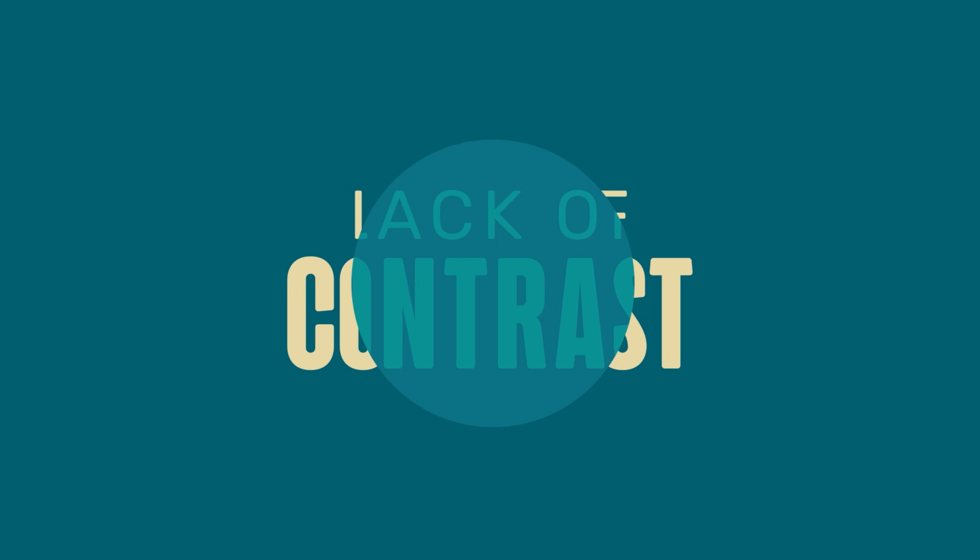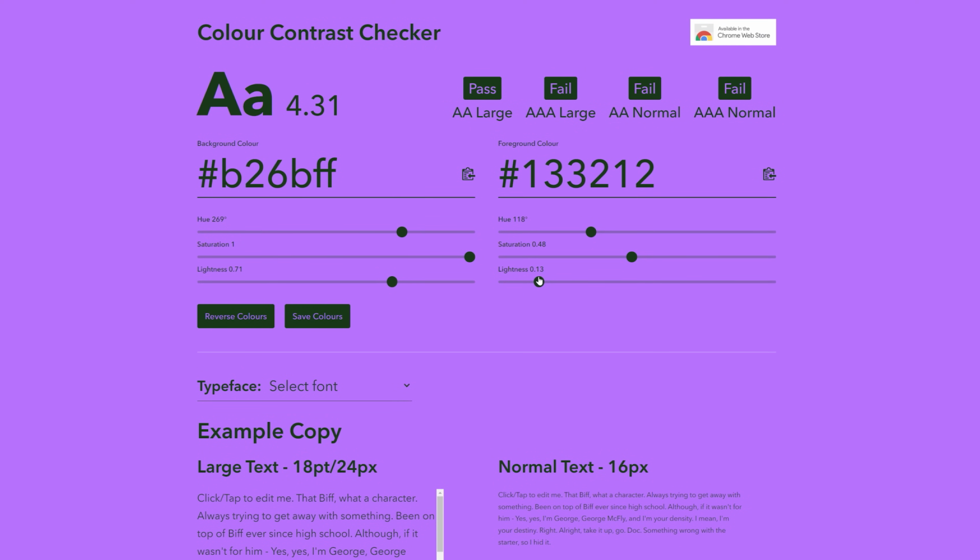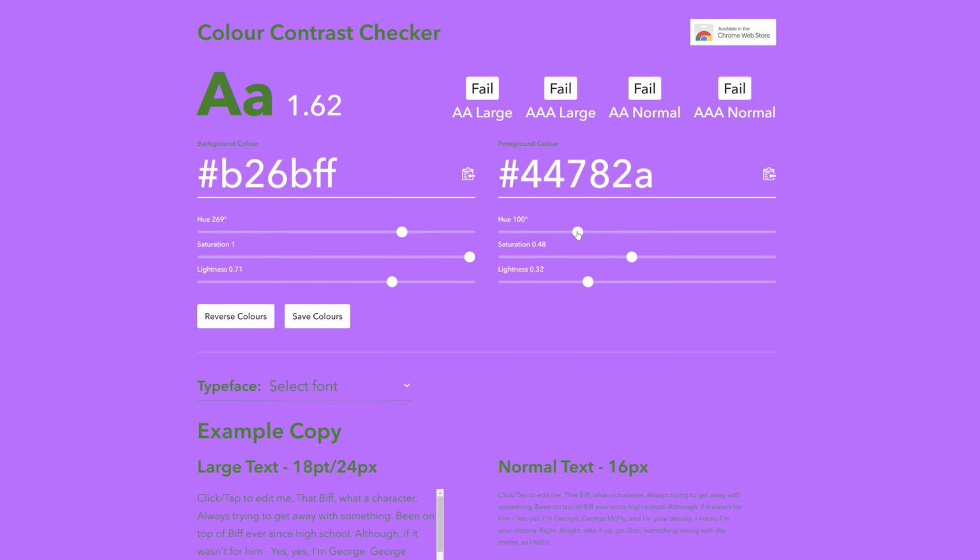The next design mistake is again another principle of design, which is a lack of contrast. Contrast is like white and black. It's like blue and yellow, light and dark. It is what you see prominently in what you do not see. Contrast is one of the main fundamentals of design, and knowing what is good at contrast and what doesn't contrast well is important. And for me personally, I learned this just from experience and playing around with colors as I was learning. There are many websites like Color Contrast Checker where you can check the contrast of a certain